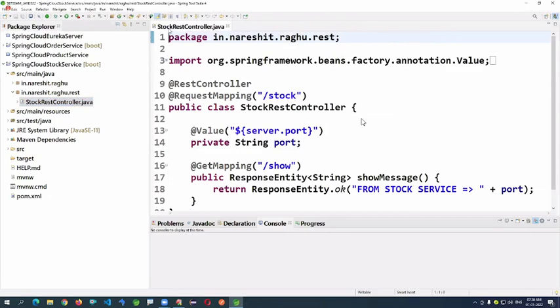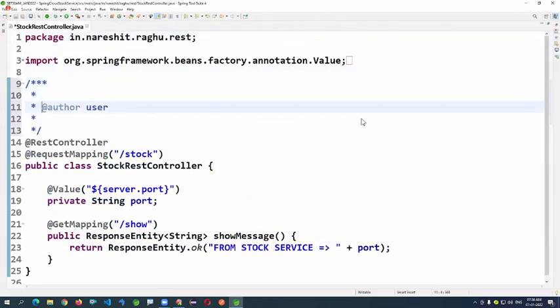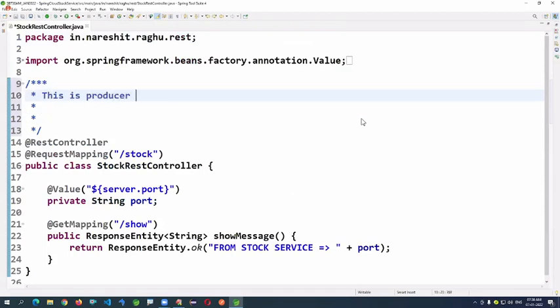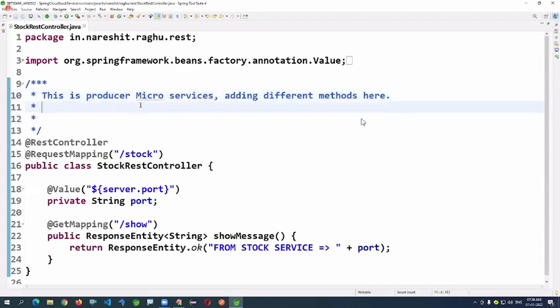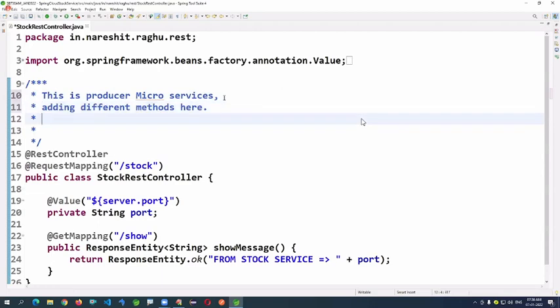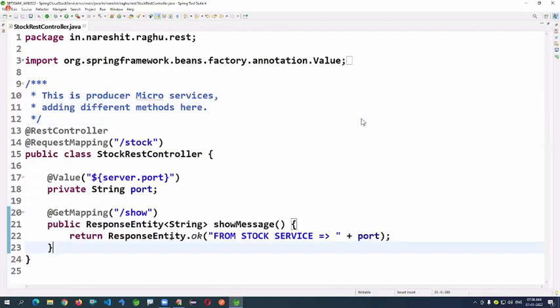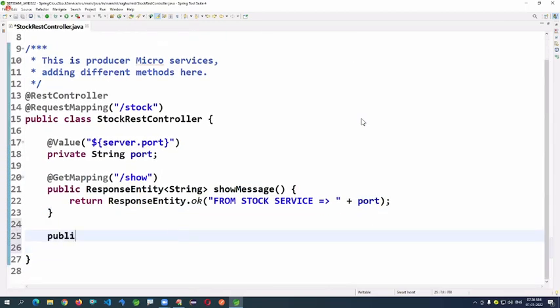In the stock controller, we have, as you can see, a public ResponseEntity of Stock, a method to get one stock by passing the ID.